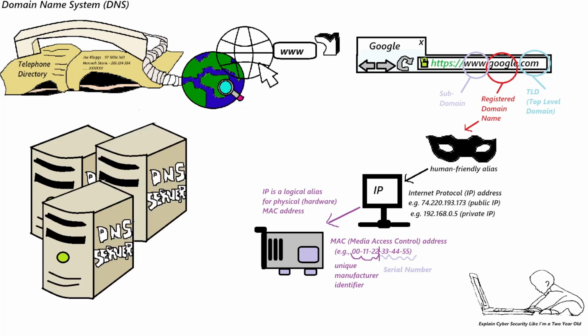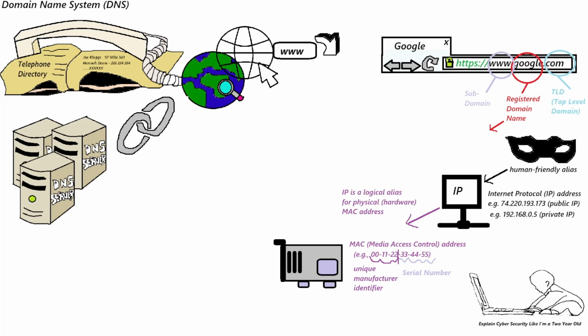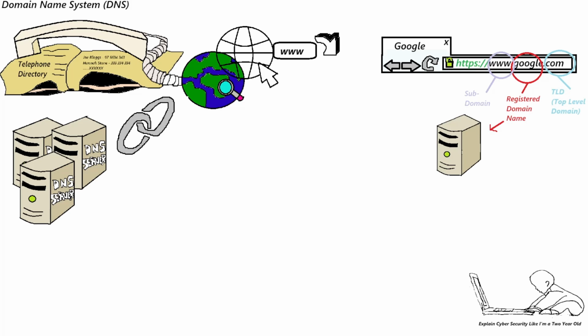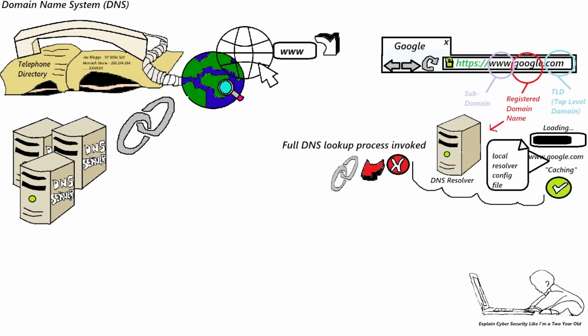This is a DNS server. However, there are multiple DNS servers that work together to form the domain name lookup system. So let's illustrate the entire DNS lookup process. But what happens first is a local cache, or DNS local file, or a local DNS resolver server is checked to see if the entry of the website exists already in the cache, to avoid the entire lookup worldwide process, which is to locate the IP address of where the server is that hosts the website that you typed into the browser.